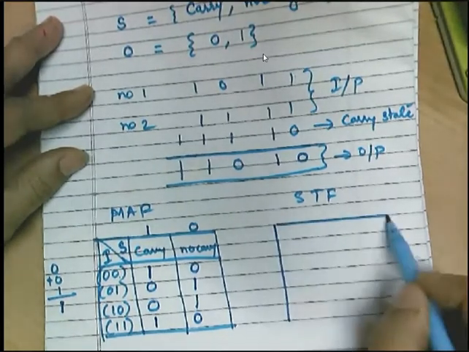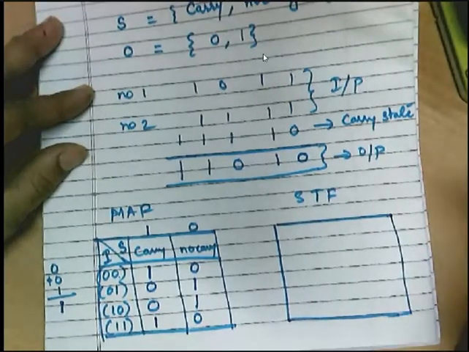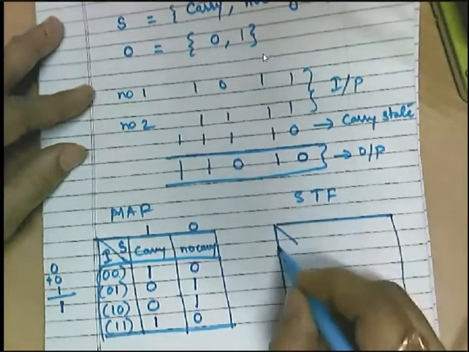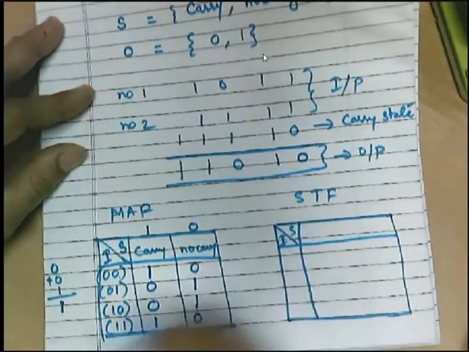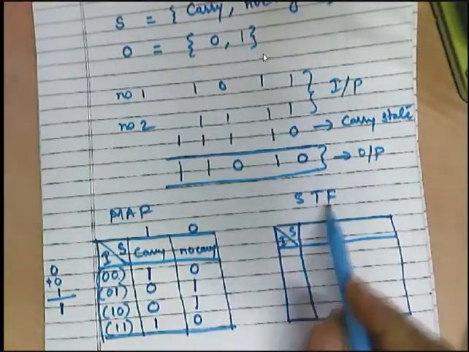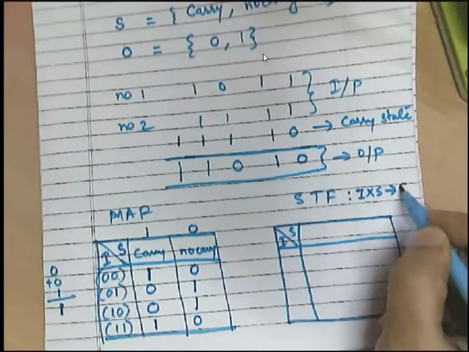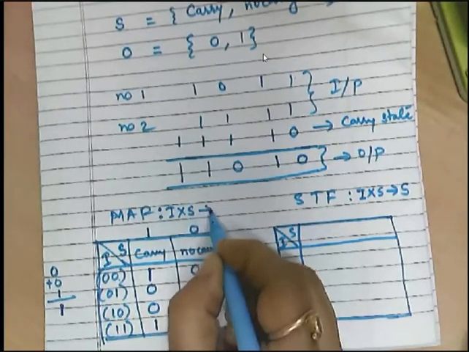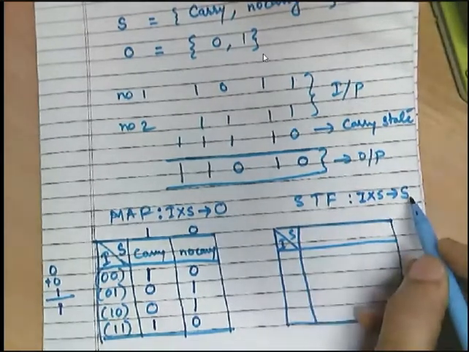Now from this we are not getting a reflection of whether we are in a carry state or no carry state. So for this we have another table. In this table, we are going to again have the mapping of input and states. We have just seen in the earlier discussion what our STF is. STF is nothing but I into S gives you the next state. What is our MAF? I into S gives us the output. So we have noted the output here. Now for I into S, we want to know what will be the next state.